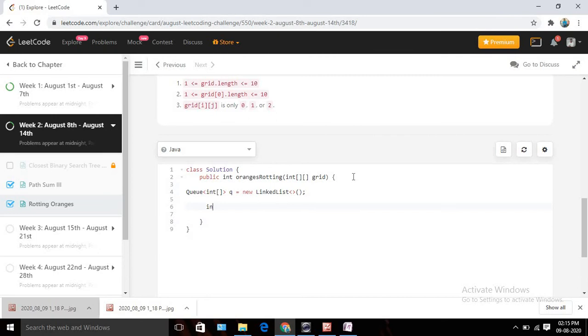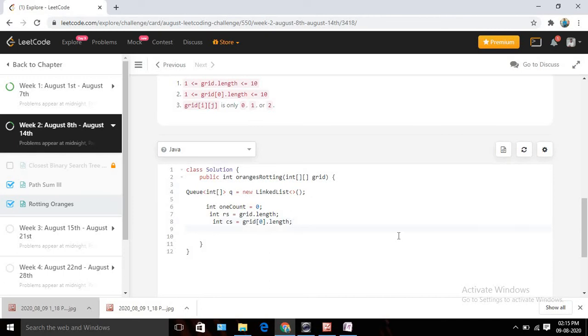So we need one counter to count the one orange count. So one count, and initially it will be 0. What else? So we can take 2 more variables, probably row size rs, that will be grid.length, and again we need another variable called cs to maintain the column size. It should be grid[0].length. Okay, since it's a 3 cross 3, we can take 0. That will not be a problem.